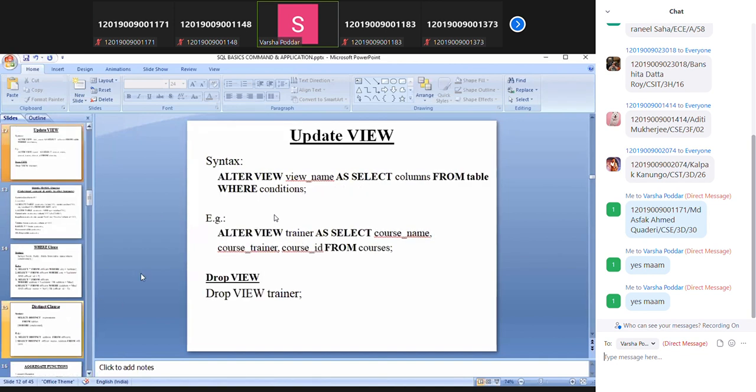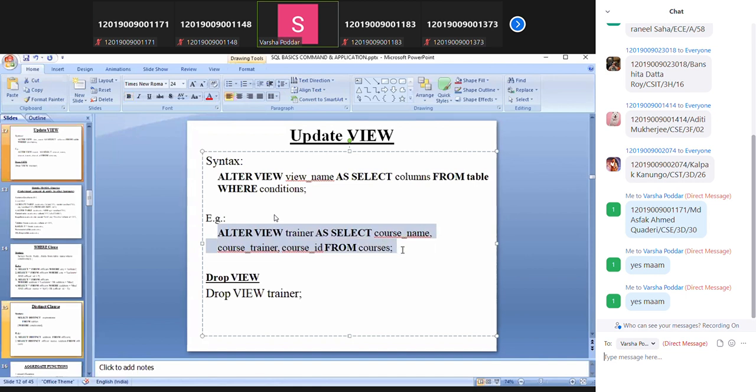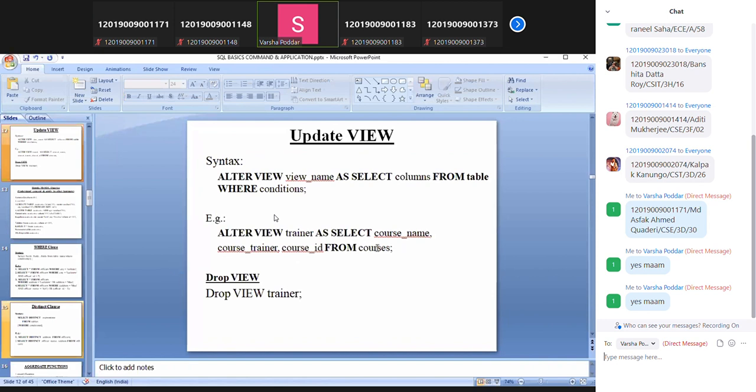Next one, updation of the view. For updation of the view, we use alter view name, like we have used alter table name. So alter view name as select this from your main table, that is the courses table. And also you can drop when your view is not required. Truncating a view does not make any sense because views are used for some temporary work. So if the work is done, you can just drop,